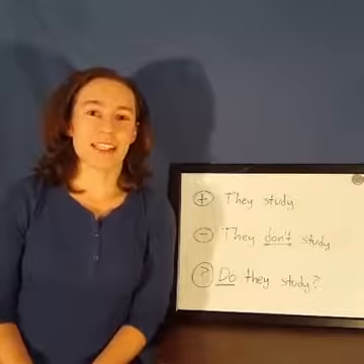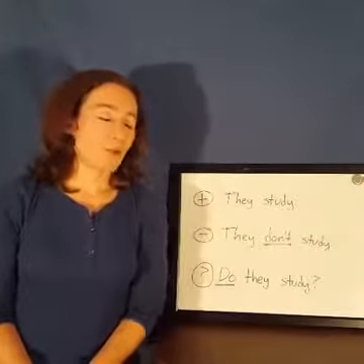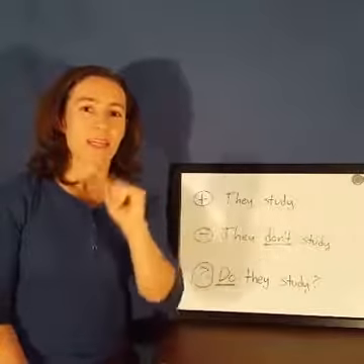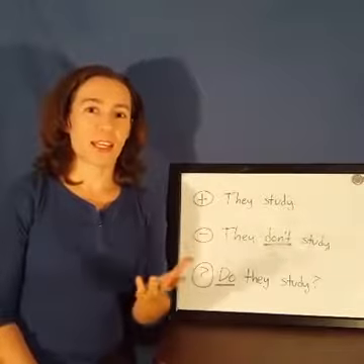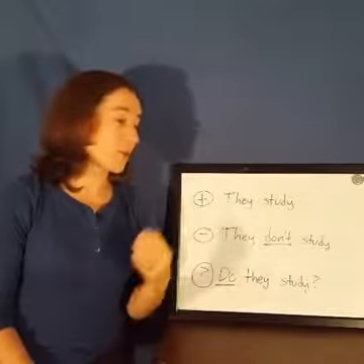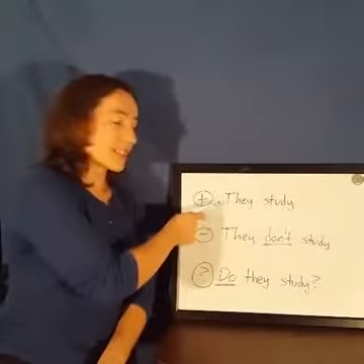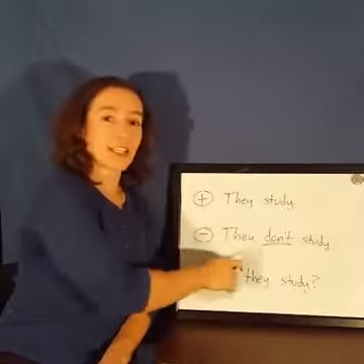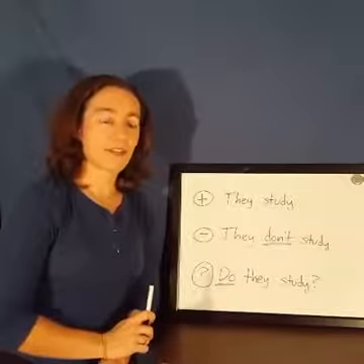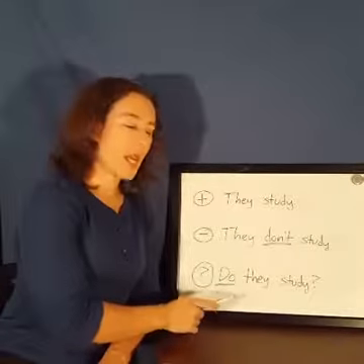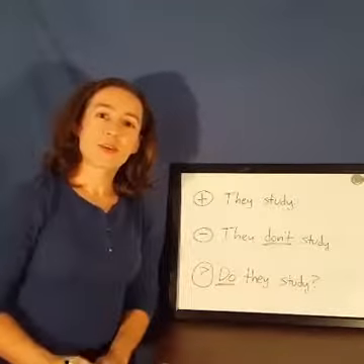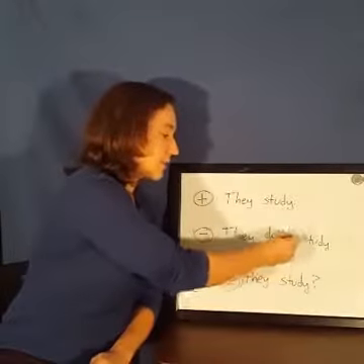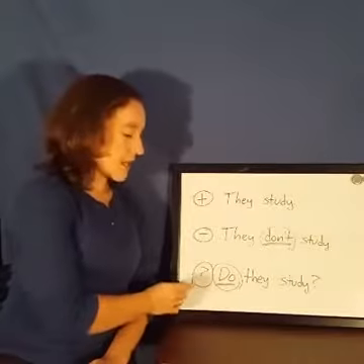Well, a student asked me when we use the auxiliary verb do in the positive. Let me explain. Normally in English, when we're talking about, say, the present simple, we form the sentences like this. They study in the positive. They don't study in the negative. And when asking a question, we ask, do they study? So normally we use the auxiliary verb do and don't only in the negative